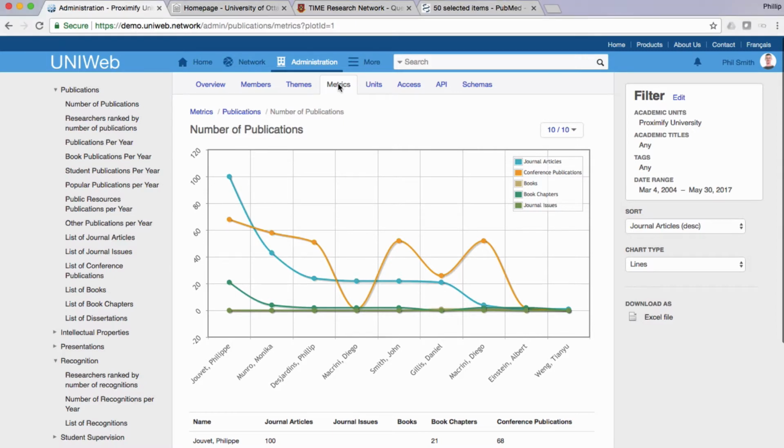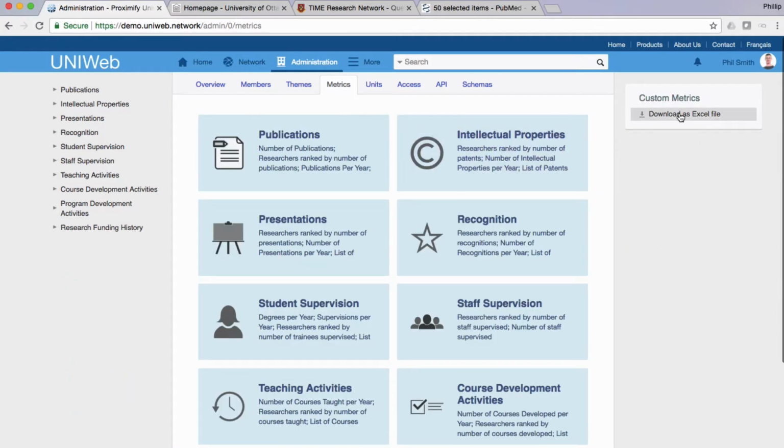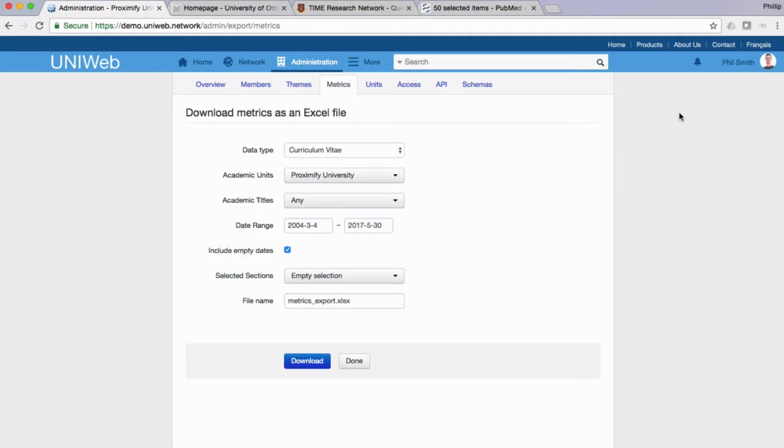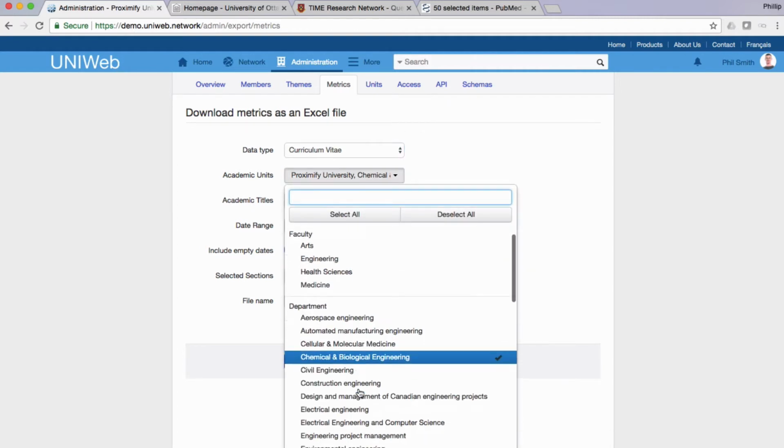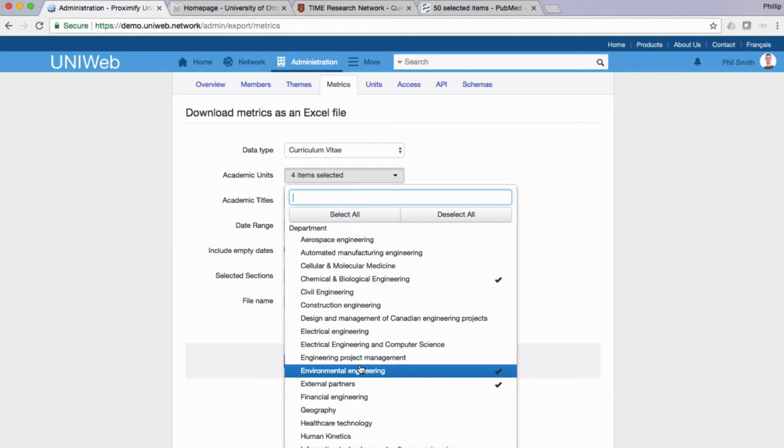Going back to the metrics section, if you go to the download as Excel file under custom metrics, here you'd be able to pull together any collection of metrics that you wish that maybe do not exist in the table of contents. So let's say you want to take data from the curriculum vitae instead of the profiles. You would select which academic units you want to look at by checking them on here,